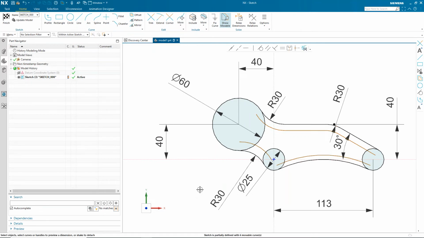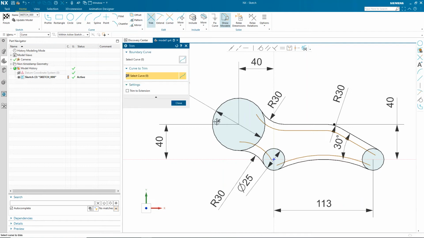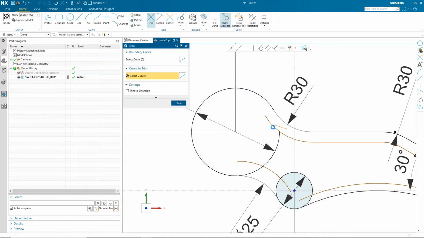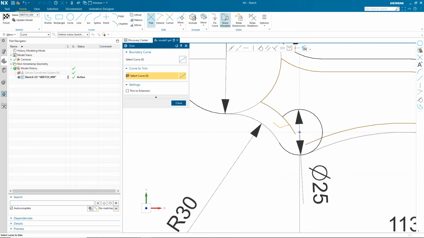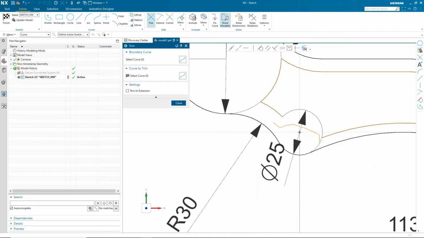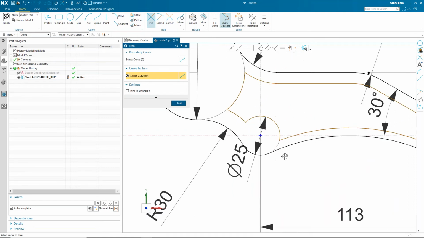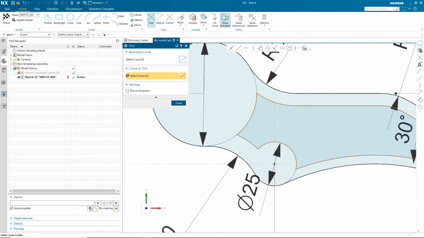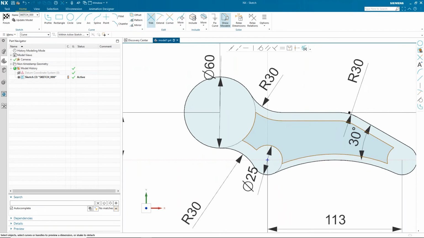But I need to define the values. But before I do that, I want to go ahead and I want to trim away. Again, T was quick for trim. I want to go ahead and trim away all these unnecessary geometry. So I need to trim all this. And then I need to trim all that. And I want to trim all those. Okay, and everything's trimmed up. Again, these I can now leave these